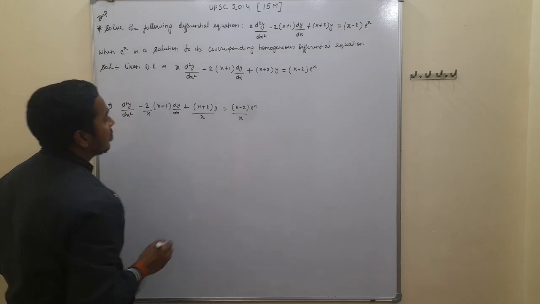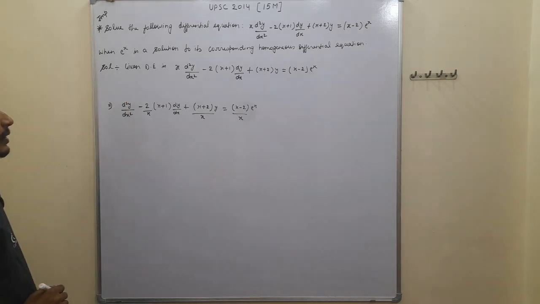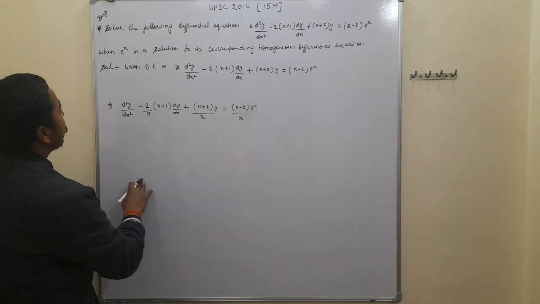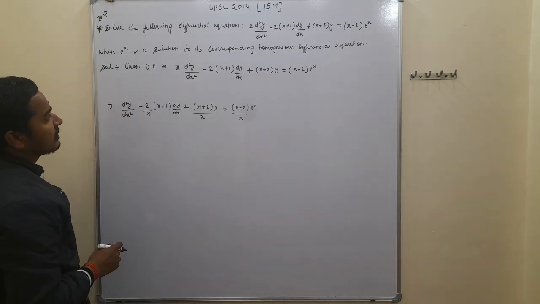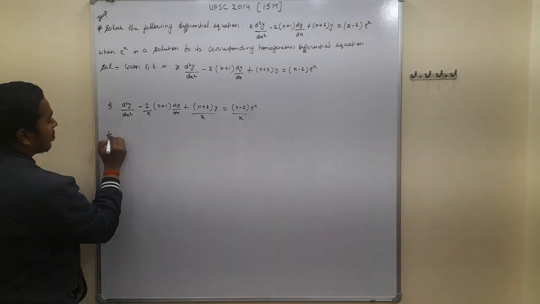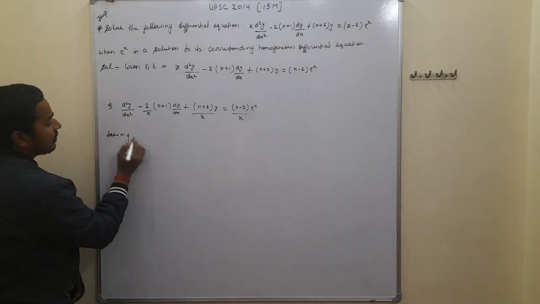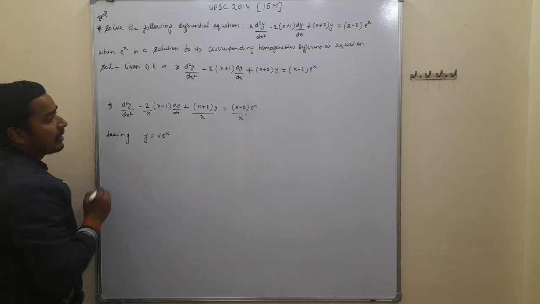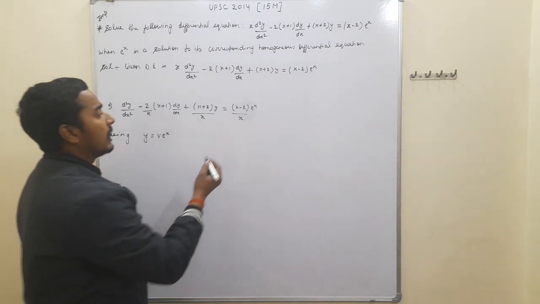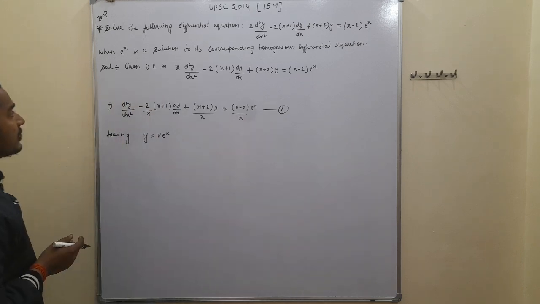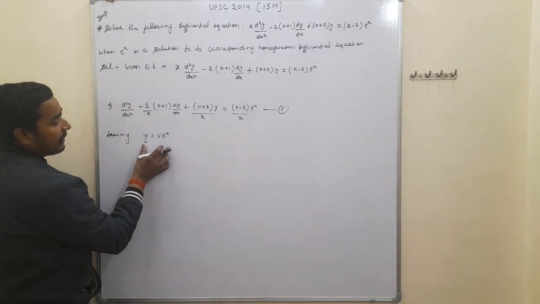And this is the differential equation, and in the given question, y equals e to the power x is a solution to its corresponding homogeneous equation. Taking y is equal to v into e to the power x as another solution. Let this differential equation be equation 1, and differentiating y is equal to v into e to the power x